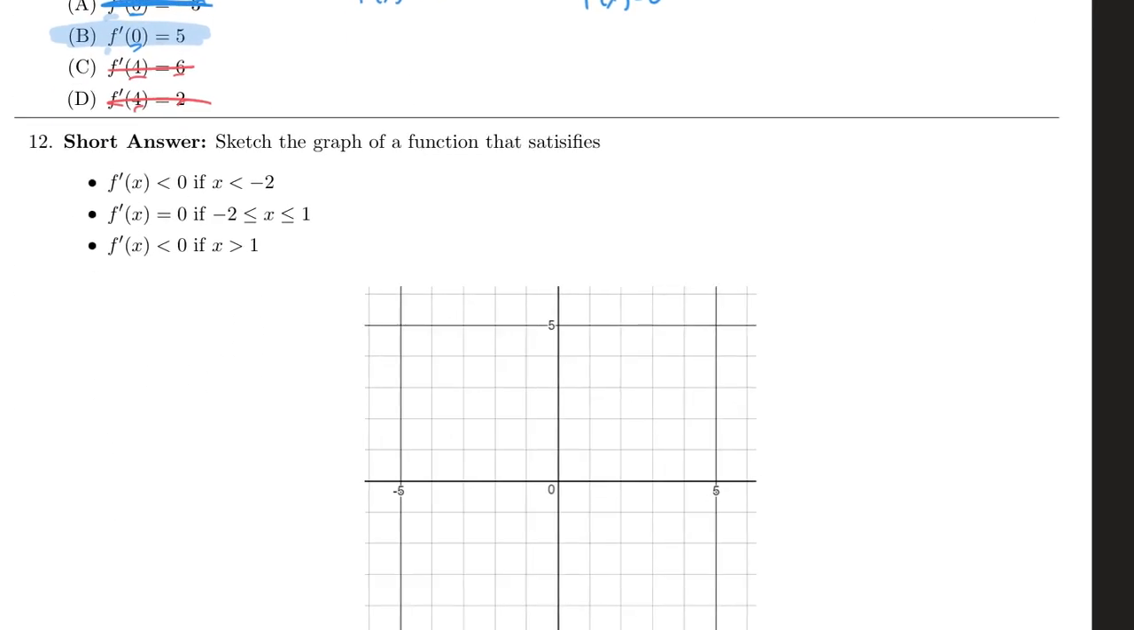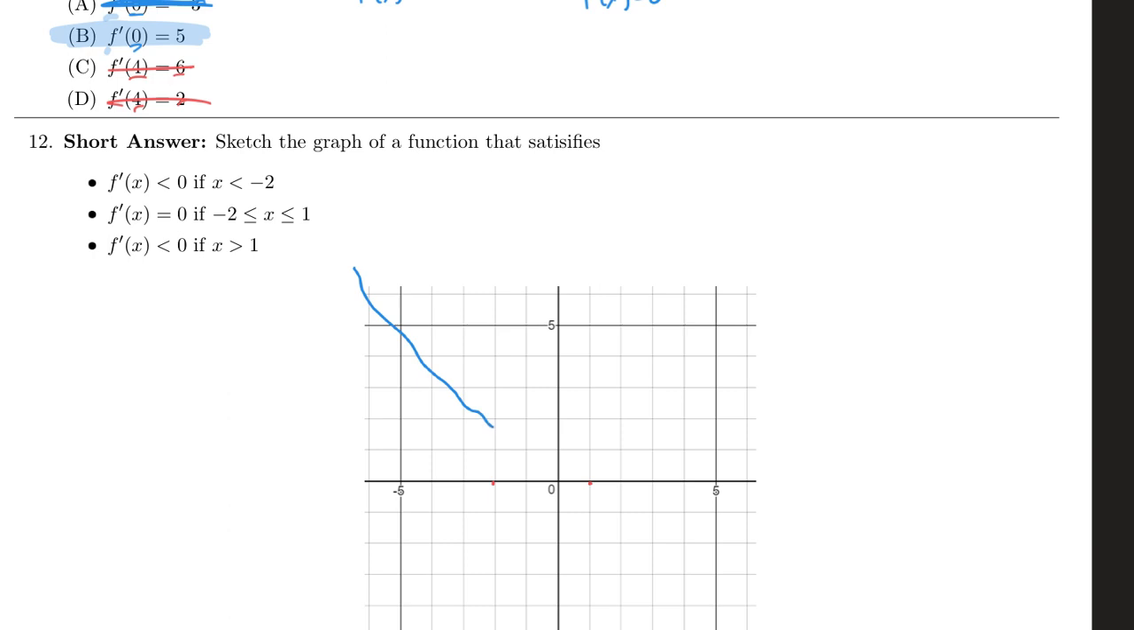All right, so now we're going to sketch a graph where the derivative is less than 0 if x is less than negative 2, so that's negative 2 right there. It's 0 if x is between negative 2 and 1, and it's less than 0 after that. So remember, if the derivative is less than 0, I'm decreasing. So as long as my function is going downward in any way to negative 2,